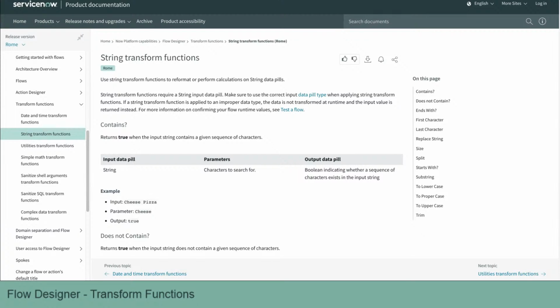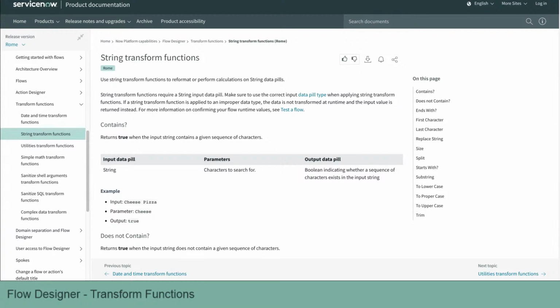I don't know if "add the dates together" is the right term, but maybe you have a date and some duration. You want to combine those existing values that you have in your flow. Really being able to combine multiple previous data pills with transforms is something we're looking to do that I think would make transforms even more powerful. And then someone will